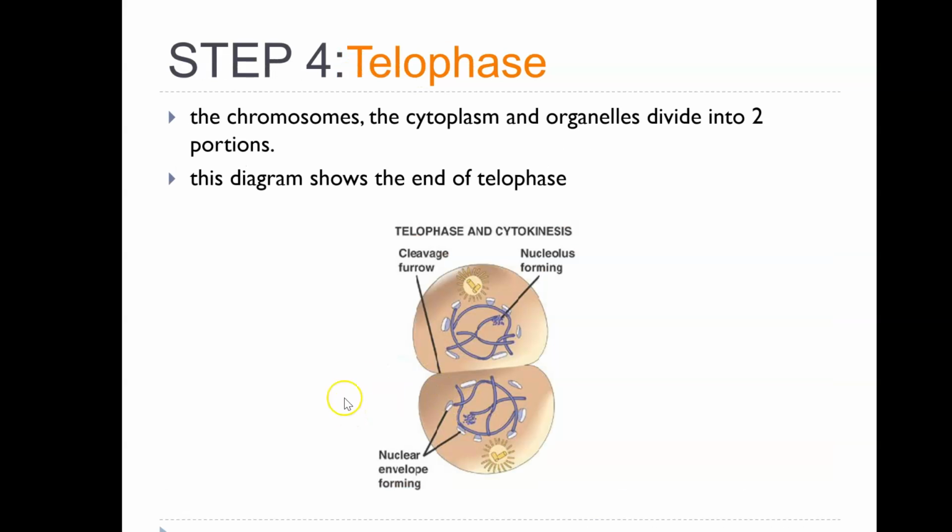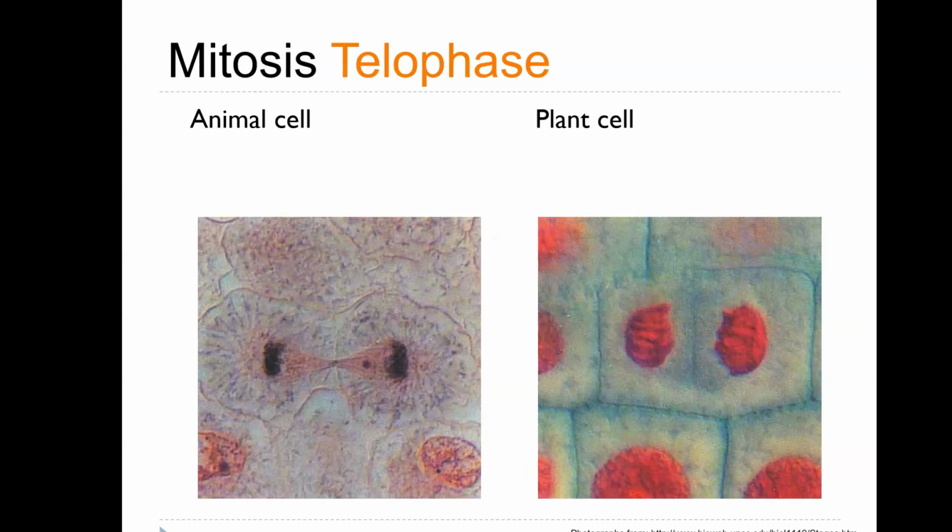And then the final part, telophase, before cytokinesis, is that the chromosomes and the cytoplasm and organelles basically divide into two portions. And in an animal cell, when the cells divide into two, they separate into two identical cells, two identical separate cells. This happens because of this cleavage furrow that starts to take place. And now the nucleolus is reforming, and the nuclear envelope is starting to form again, and then those single-stranded chromosomes are going to be found within that nuclear envelope, within that nuclear region, and then this cell will enter into